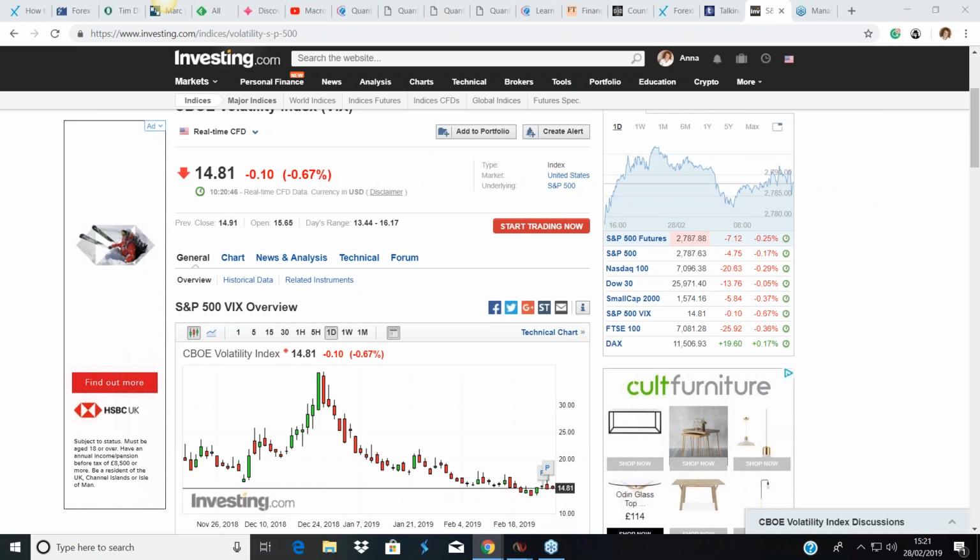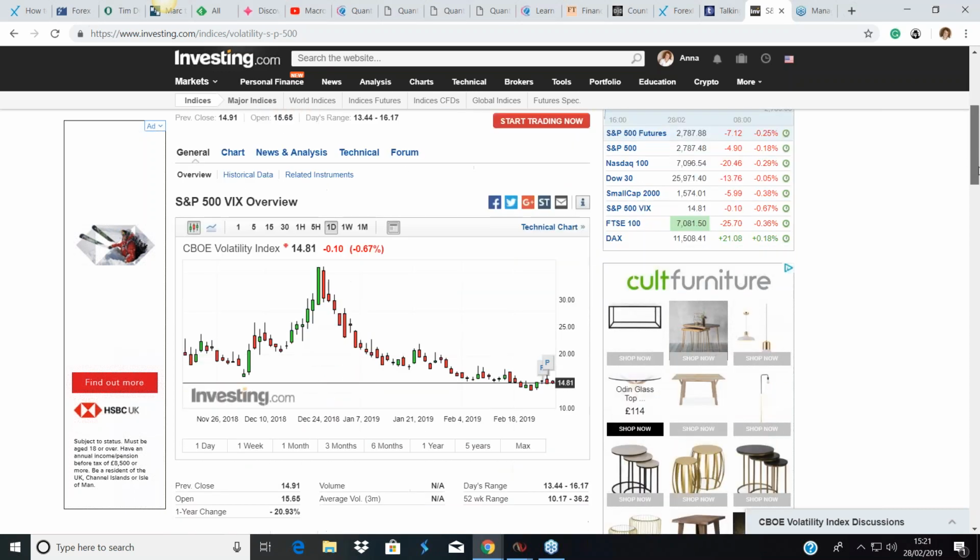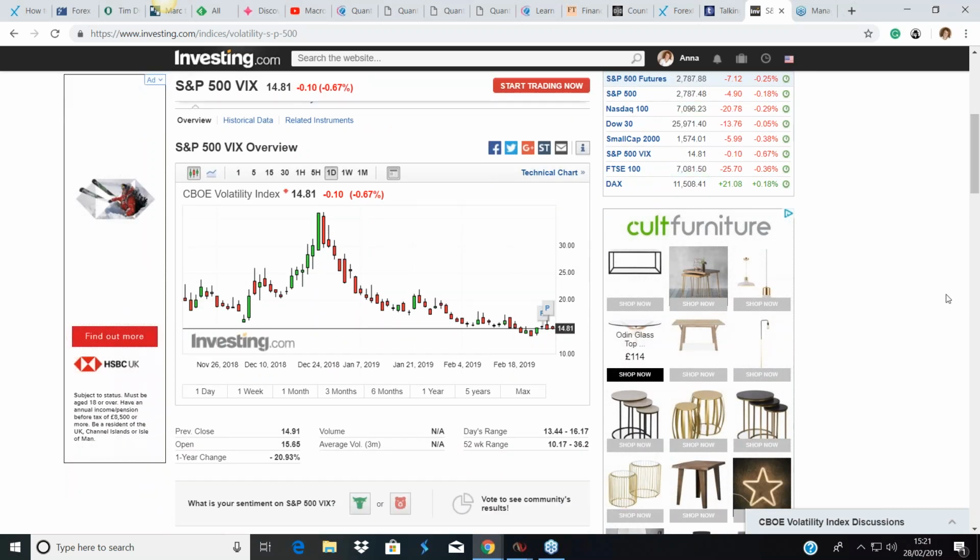But I'm also bringing up here the VIX, and we can see here, because this is at a very interesting point. One of the issues we face as day traders is when we are confronted with a price that is in a very narrow range, and it can be deeply frustrating because price doesn't seem to be going very far. It slows down. Are we going to get a trade? What is it going to take to move the price in one way or another so we can get a half decent trade? And one of the things that we can look at, and you should be looking at certainly,